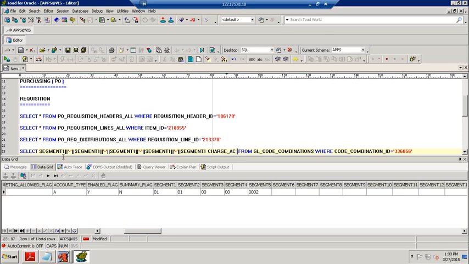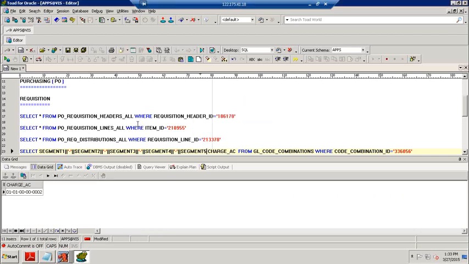Charge account: segment 1, segment 2, segment 3, segment 4, segment 5. Now we find the exact charge account which we created in our distribution table.